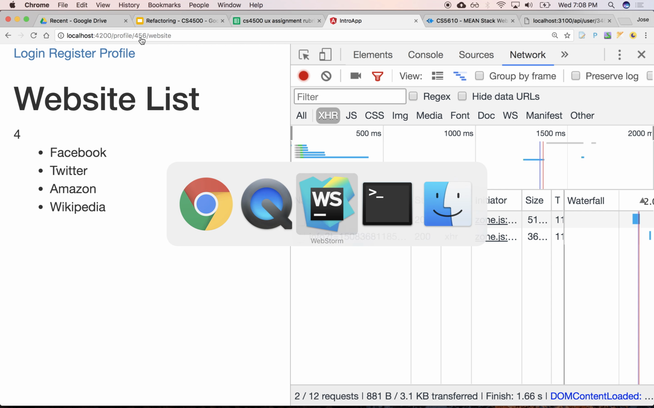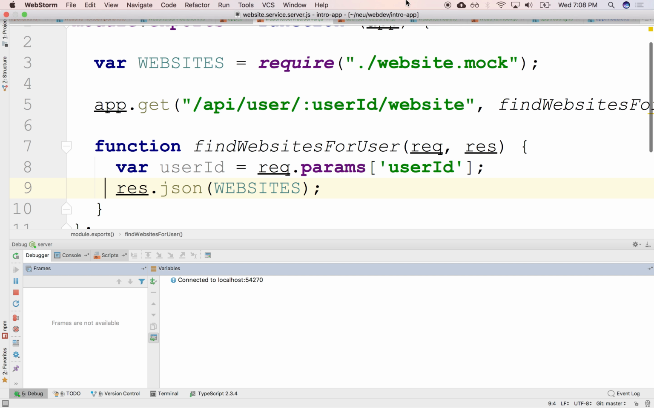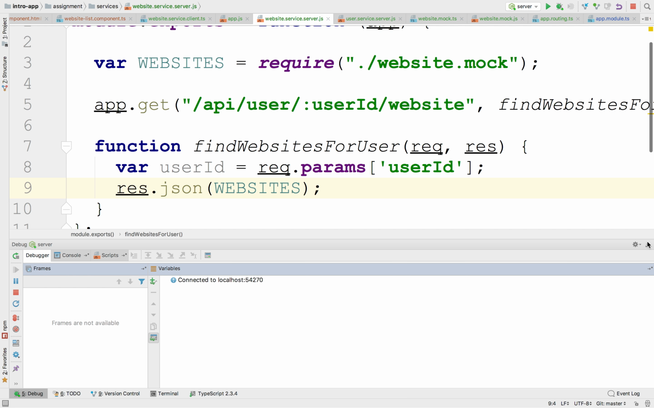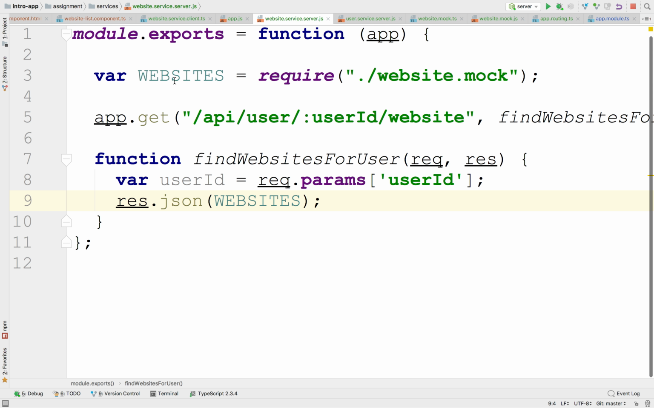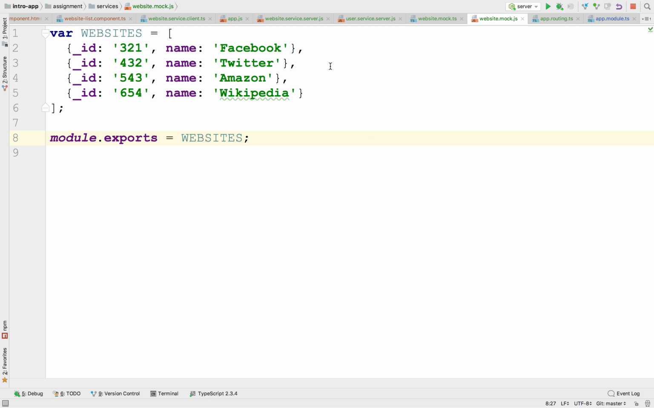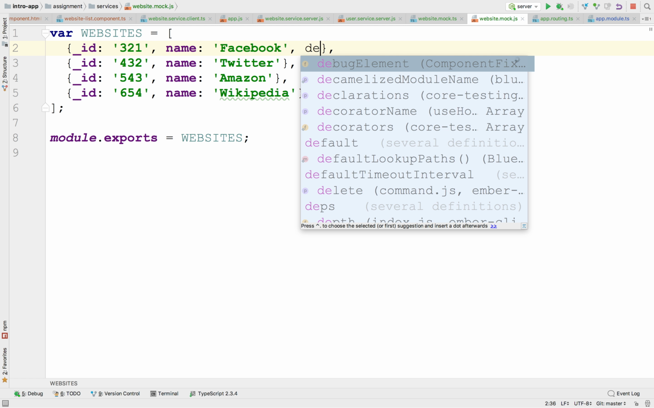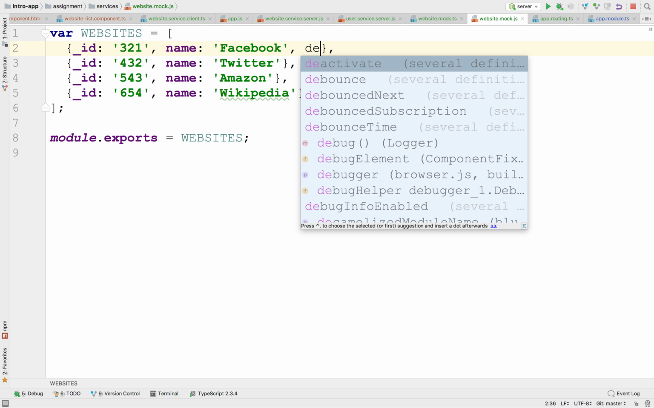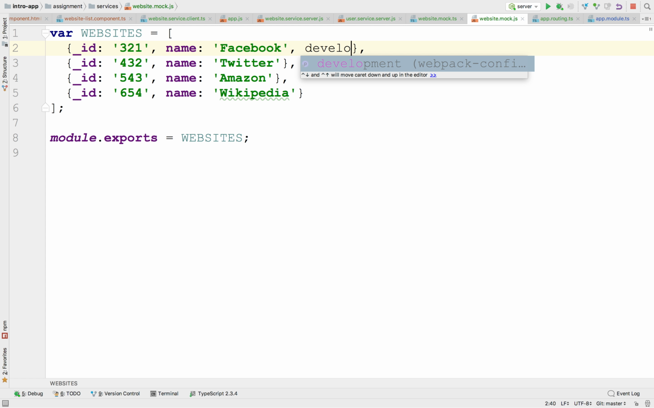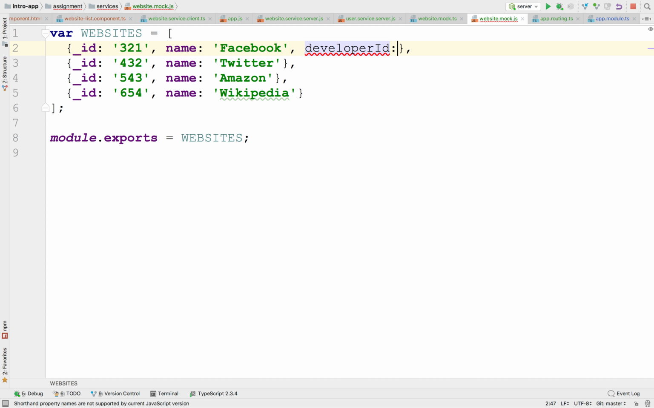Let's go back to the server implementation of the service, right? And for this to work, we'll need to add some additional meta information here about the owner of each website. Okay, so perhaps we'll say that if Alice logs in, I think Alice's ID is 123 and Bob's is 234. I don't remember. We'll say that this website belongs to a developer whose ID is